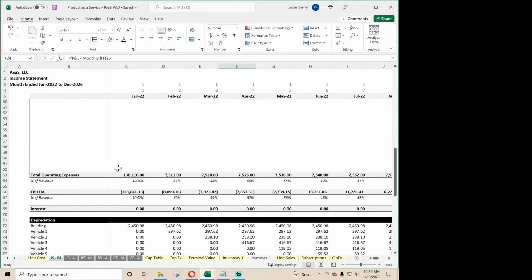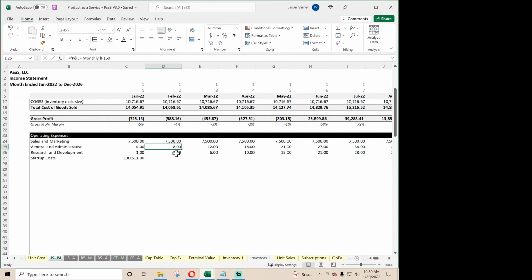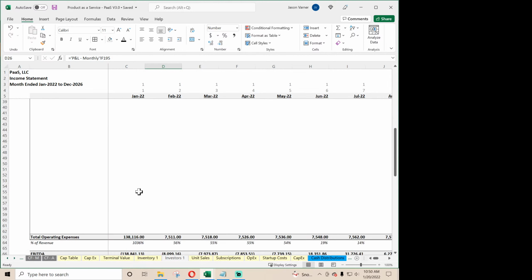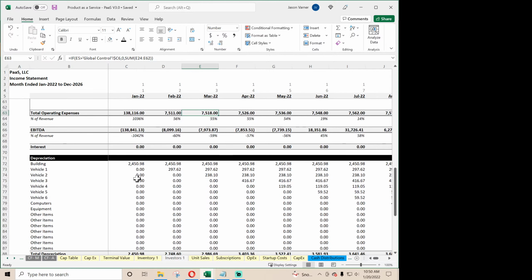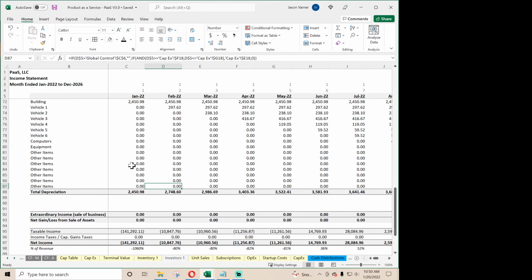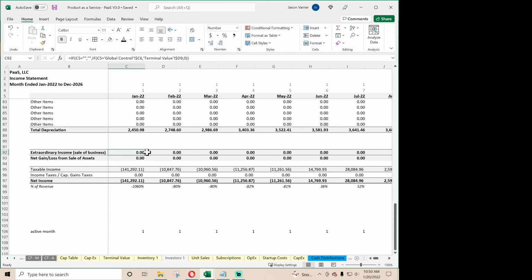So we have our OPEX. We'll clear all this white stuff out later, white space. Let me make sure. And this already references, it'll end on the end month, so that's already in there. That's good. Depreciation based on our CapEx schedule. And then the only thing down here we got to adjust is, well, there'll be a couple things, but the main thing is